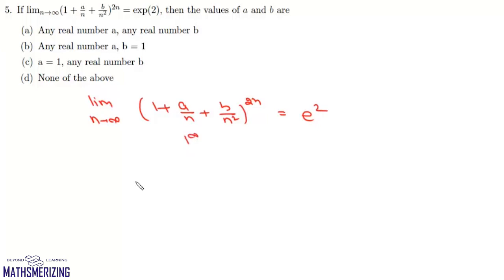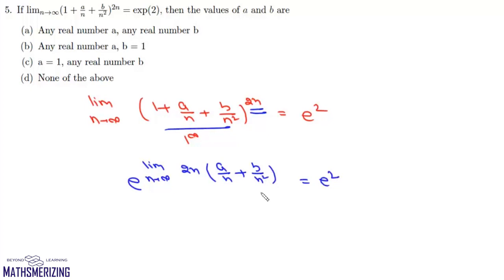Now this is the 1 to the power infinity form. We'll directly use the shortcut, which is e to the power of the limit as n tends to infinity of g(x), which is 2n, times f(x) minus 1, which is a/n + b/n^2, and it will be equal to e^2. Now we'll multiply, and n and n will cancel. So this limit will be simply e to the power 2a, which is equal to e^2. That means the value of a is 1, and this limit doesn't depend on b. So b can be any real number. So the answer to this limit will be a equals 1 and b is any real number, and that's your option